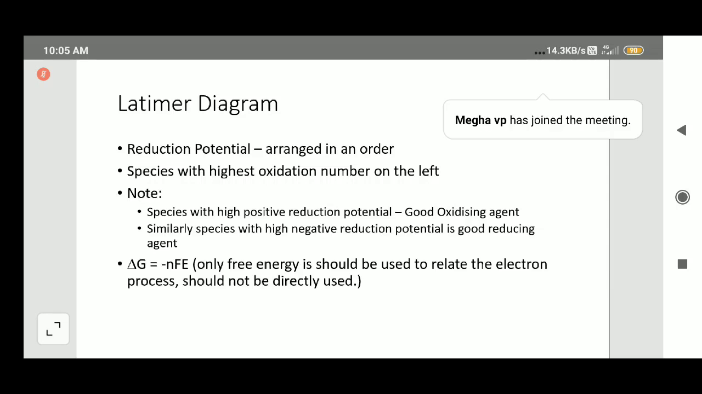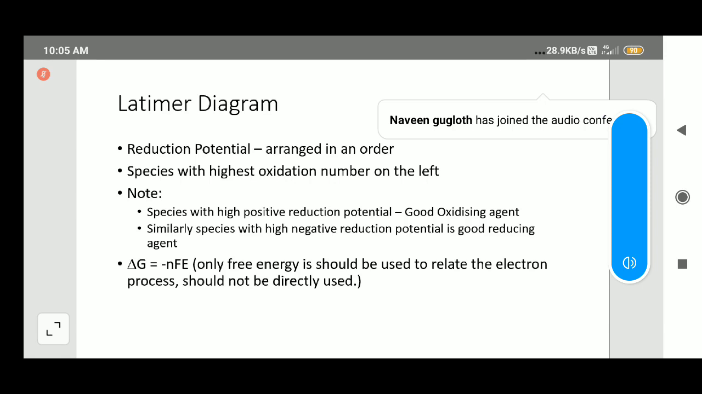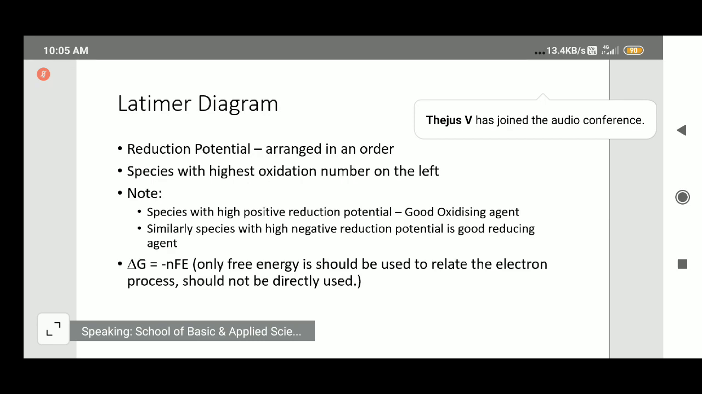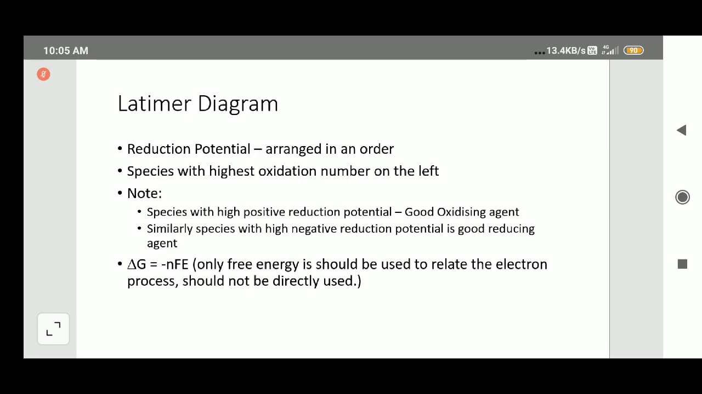What we do is, in the Latimer diagram, it is nothing but standard reduction potentials. In the last class itself, I gave some basic idea about how the standard reduction potentials are calculated, measured using the hydrogen bubbling apparatus and so on. And we have the galvanic cell, you measure the standard reduction potential. All those things above hydrogen, all those things below hydrogen, we classify as